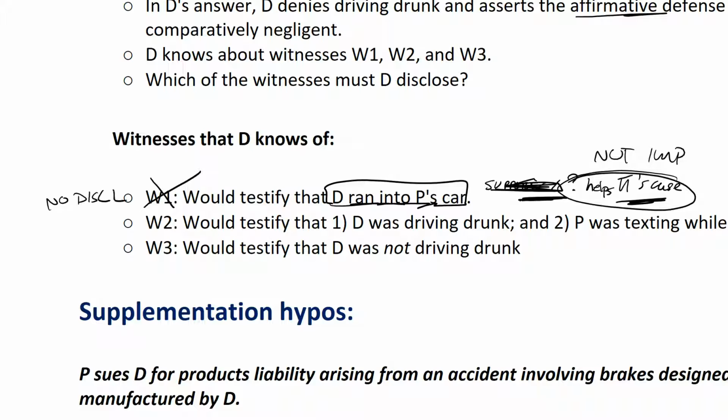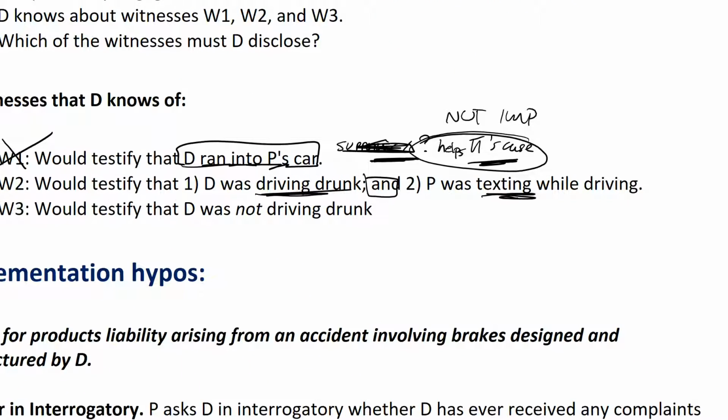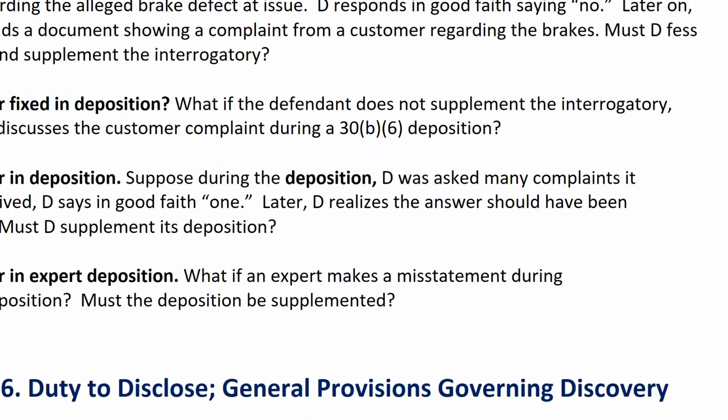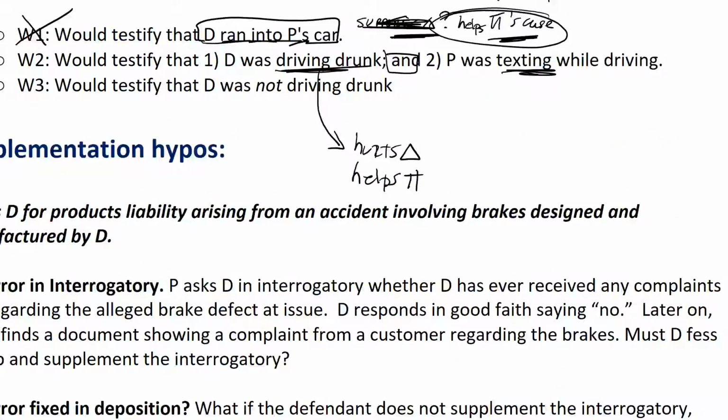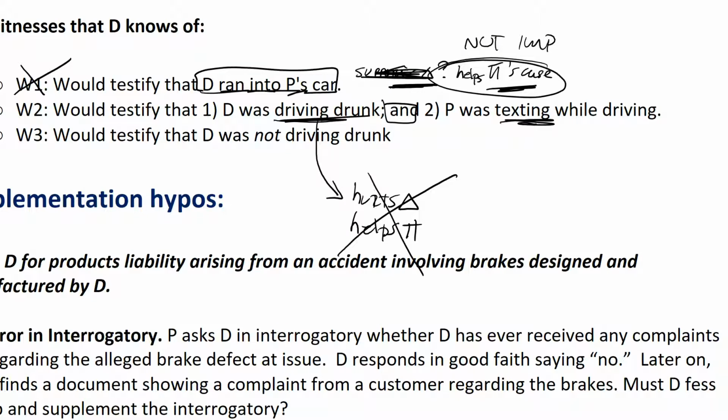How about witness number 2? Witness 2 would testify the defendant was driving drunk and the plaintiff was texting while driving. Well, now that's interesting. Driving drunk, that hurts P. Excuse me, that hurts D and helps P, right? Well, since the rule says you only got to disclose witnesses or people that support your claim or defenses, reason number 1 doesn't support the defendant. But reason number 2 does support the defendant. That helps D